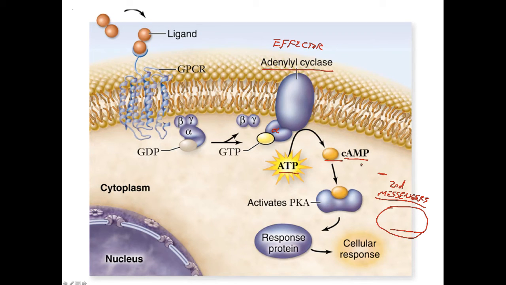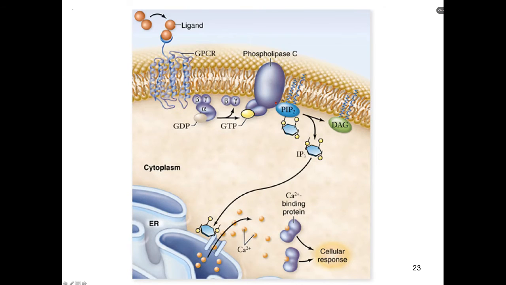And then there are downstream effects in the cell caused by cyclic AMP. So second messengers are potent intracellular signaling molecules. Ligands are extracellular signaling molecules, but second messengers are intracellular signaling molecules. And cyclic AMP is a very potent signaling molecule inside the cell, a very potent second messenger. We'll come back and see what it does in terms of activating a protein here. So let's clear that and now go to another effector protein.